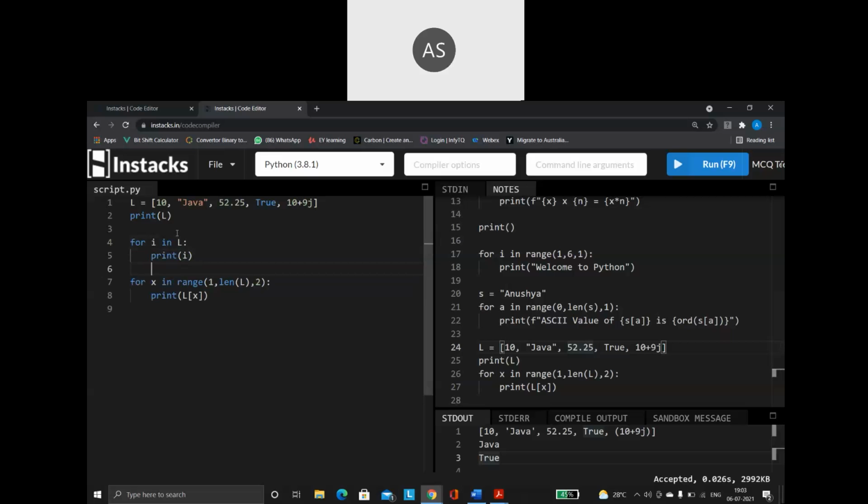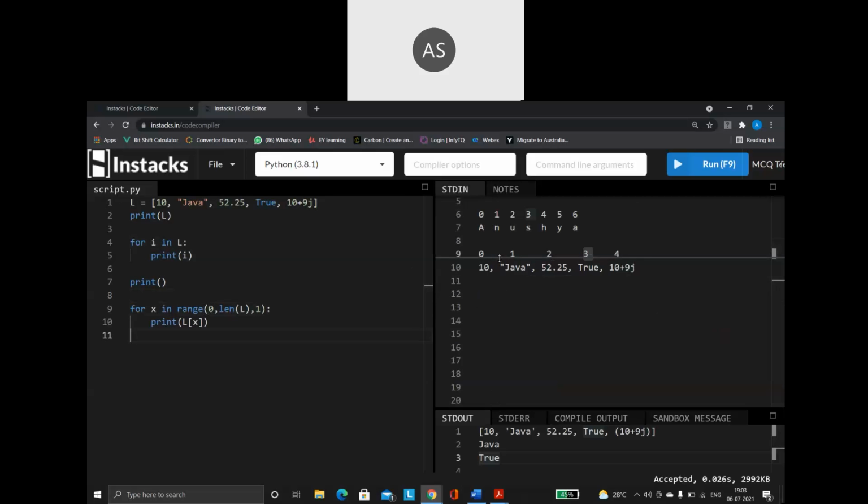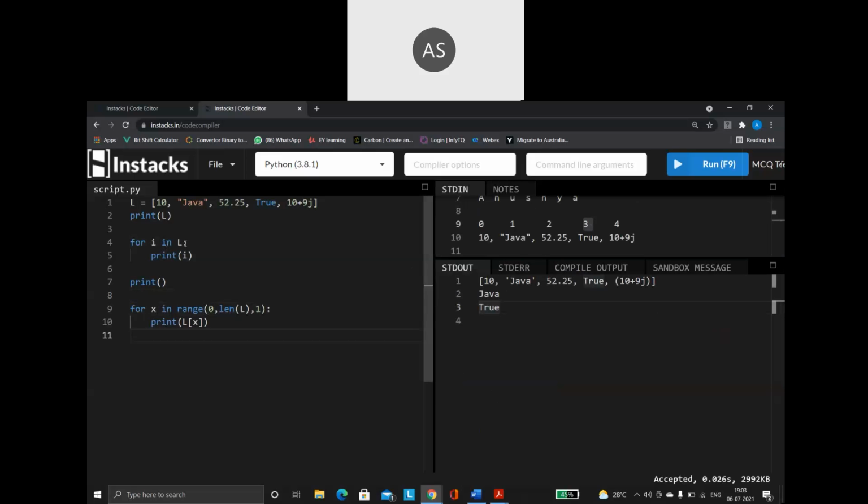Let me have a print statement here to separate these two. But here with the range function, the syntax itself is entirely different. This is value based, so no starting, no ending, nothing. Automatically, it will take the first value and store it inside I. Here I am directly printing I. What is I? I is nothing but this value. But here, see how I am printing.